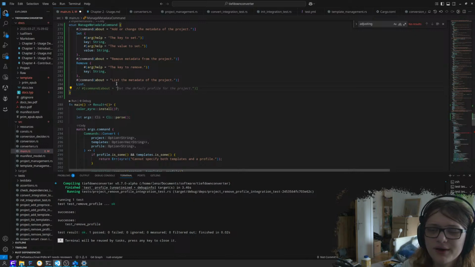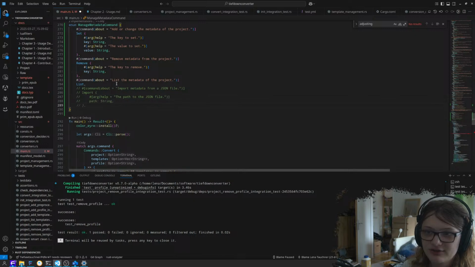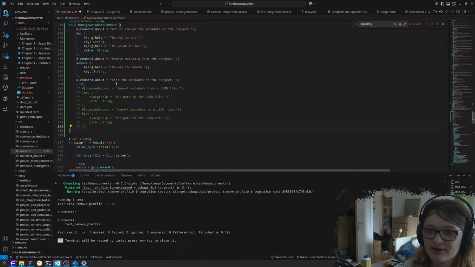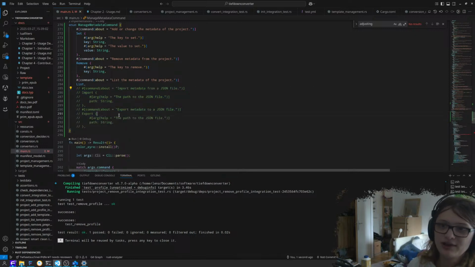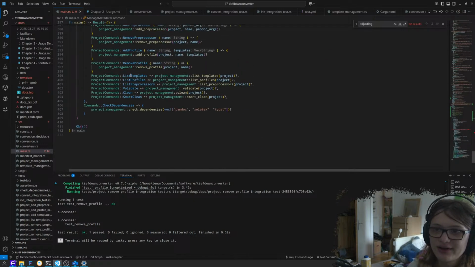No, God. That's an interesting idea. Oh well. For now, I'll add a import metadata from a JSON file. Import the path to the JSON file path and export metadata to a JSON file. Okay. These will be later. I just need to add this here now. So,